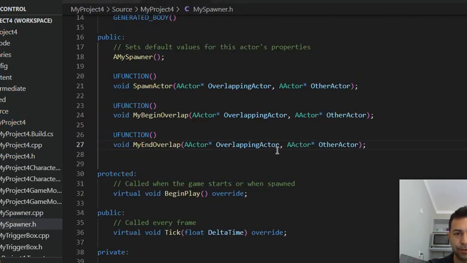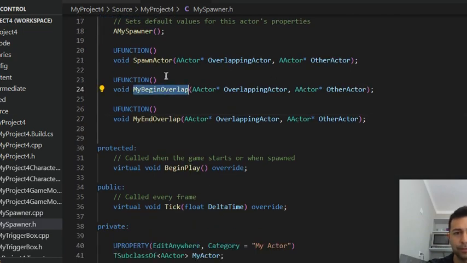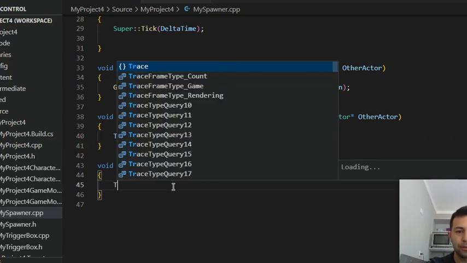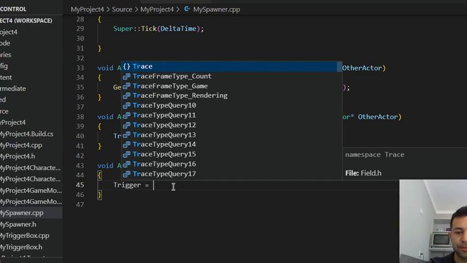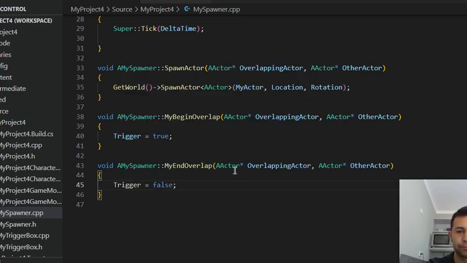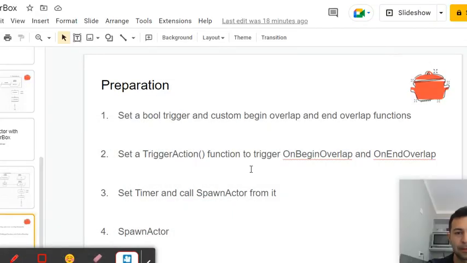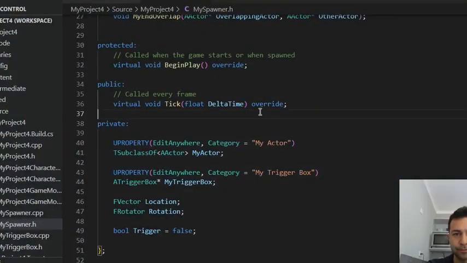Okay, so what's going to happen is that when begin overlap gets called, I assign true to my trigger Boolean. And when end overlap gets called, I just assign false. Okay, so as a second step, I need to set a trigger action function to trigger on begin overlap and on end overlap. Okay, so going back there,